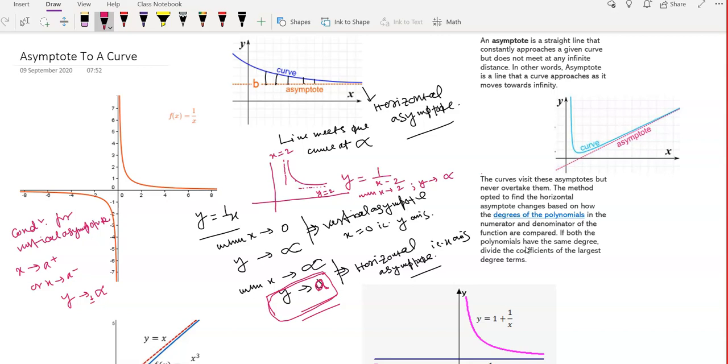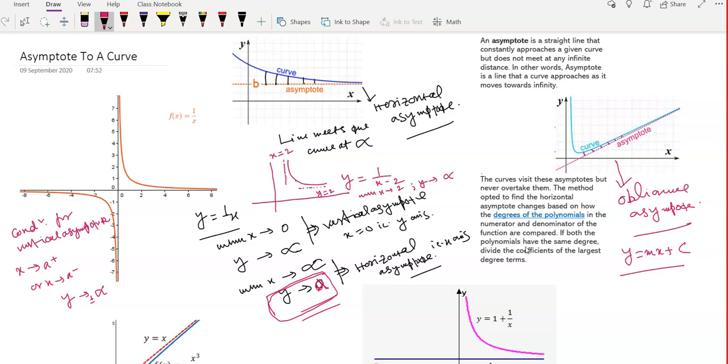Now, is there any oblique asymptote? See this diagram. This is the case of oblique asymptote. This curve I cannot trace, but it is just one example shown here. This line y equal to mx plus c is going to be an oblique asymptote to this curve, because you can see this distance gradually decreasing. As the distance gradually decreases, this line tends to meet the curve at infinite separation.